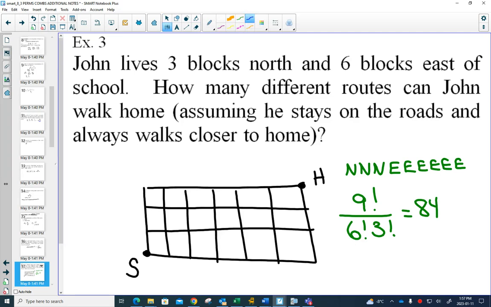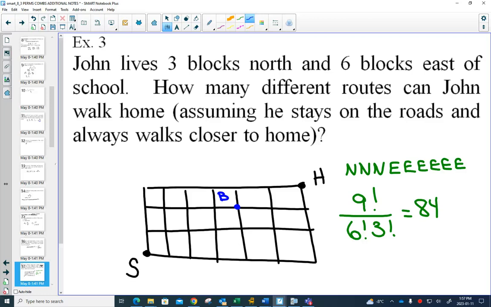John is walking home. And for some reason, he always has to go past Beth's house. Okay, now, how many ways can John walk home if he always walks past Beth's